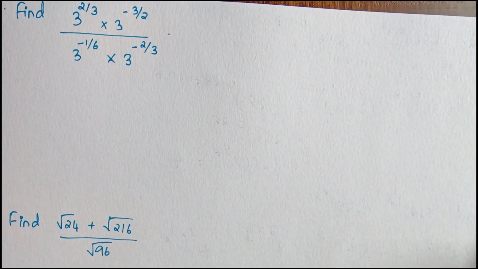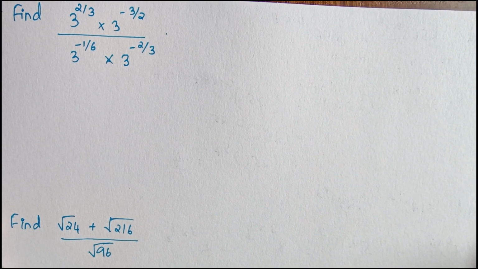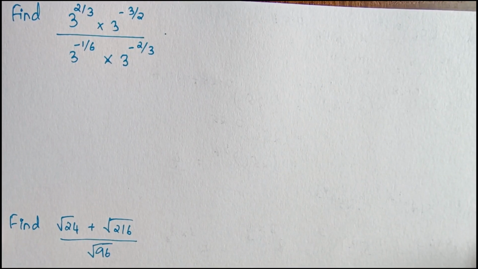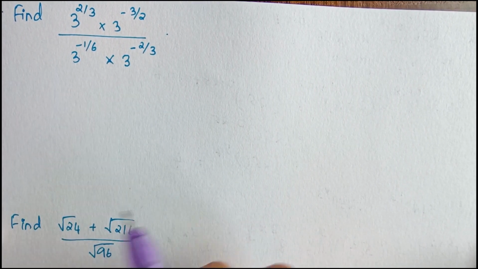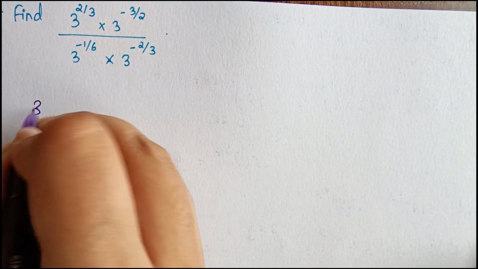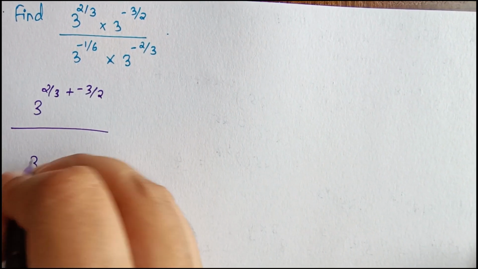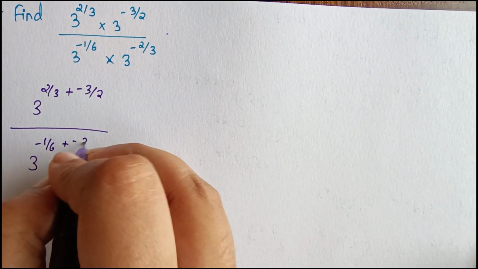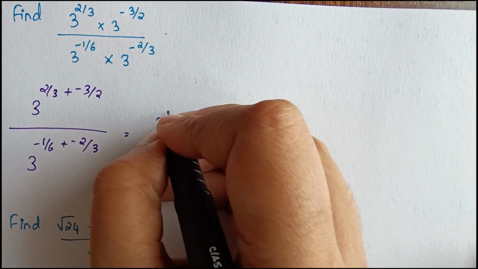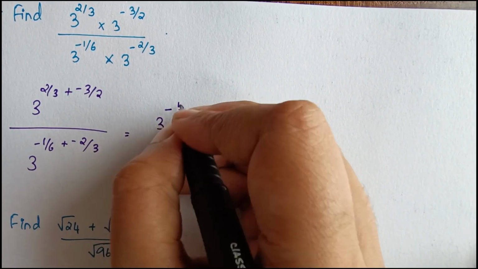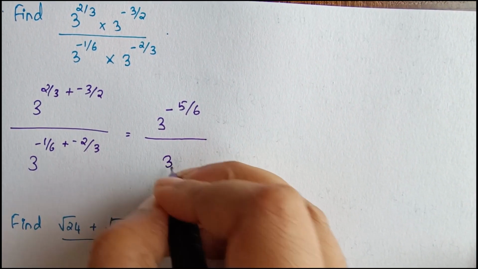Next question is, find 3 raised to 2 by 3 into 3 raised to minus 3 by 2 whole divided by 3 raised to minus 1 by 6 into 3 raised to minus 2 by 3. So here it is of the form a raised to m into a raised to n. Here also a raised to m into a raised to n. So in numerator it is 3 raised to 2 by 3 plus minus 3 by 2 whole divided by 3 raised to minus 1 by 6 plus minus 2 by 3. So numerator it becomes 3 raised to minus 5 by 6 whole divided by 3 raised to